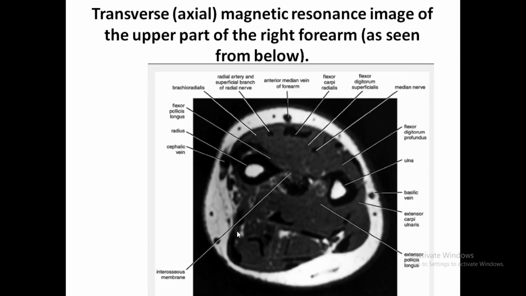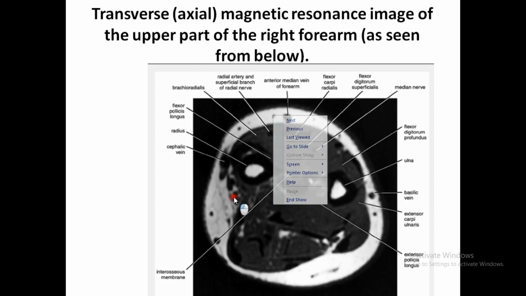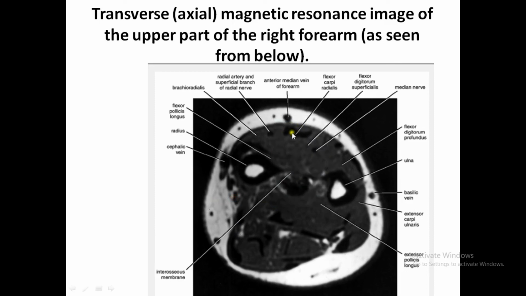This is the transverse axial magnetic resonance image of the upper part of the right forearm. In this, you could see it is basically a cut section. You could see several muscles like the flexor carpi radialis muscle. Then you could see the flexor digitorum superficialis, the median nerve, flexor digitorum profundus, the ulna, basilic vein, extensor carpi